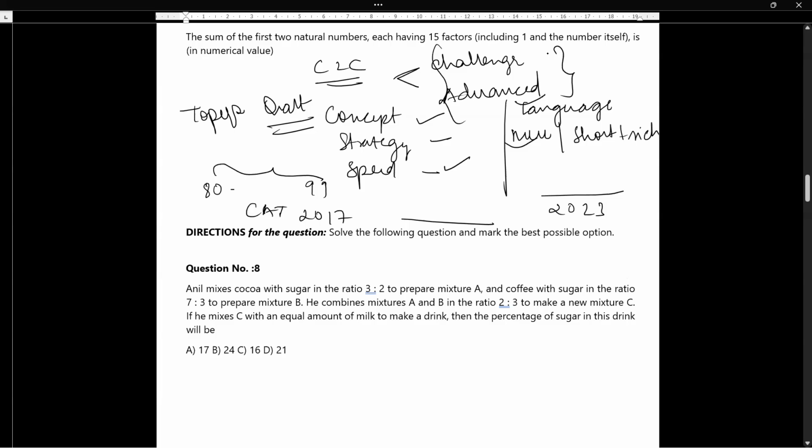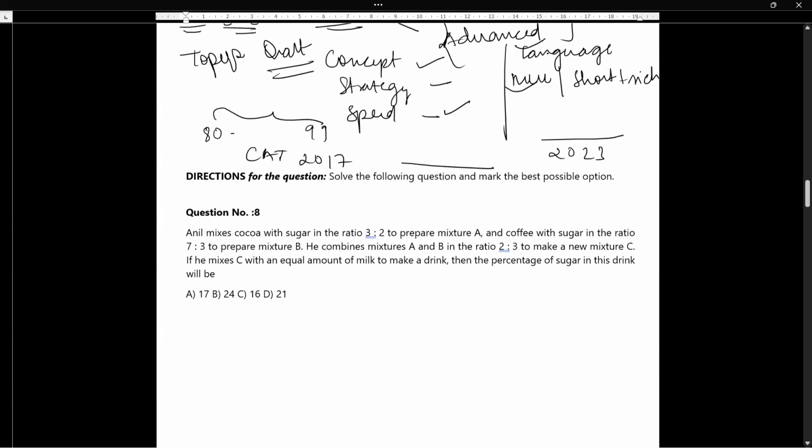If I feel that 5-6 questions are done, okay. I don't know the level of the exam, I don't know if the exam level is difficult or not. I will try to attempt 9 to 10 questions, if I am surpassing 5 to 6, and after that I am left, okay. So there is this one more thing.